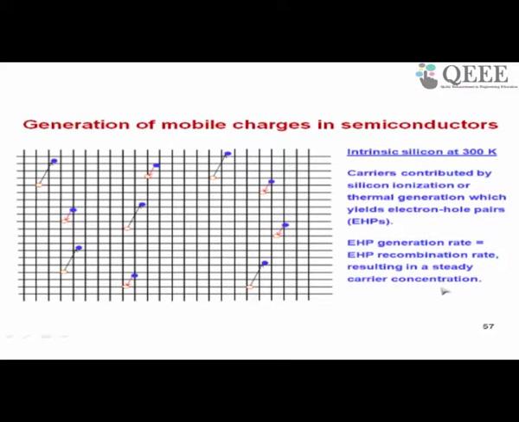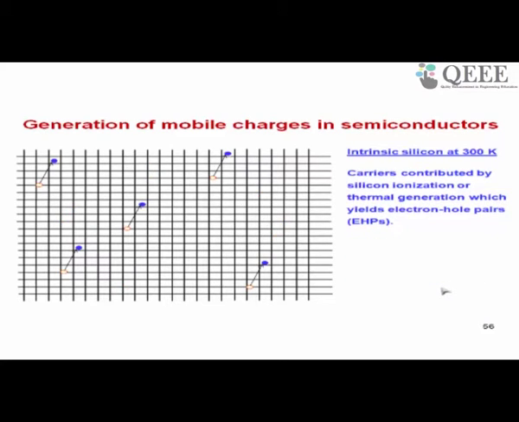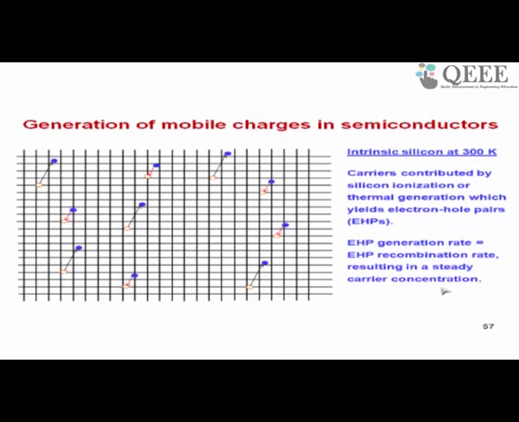So let us look at this slide once more. First I am flipping the slide back. We showed only generation, right? A bond breaking resulting in electron hole pair. Now we added recombination at equal rate. So this is the complete picture, generation and recombination, happening at the same time. But please remember, whatever is generated doesn't recombine immediately. Some other thing recombines at the same instant, and always generation rate will be equal to recombination rate.